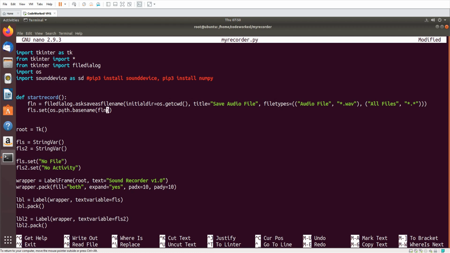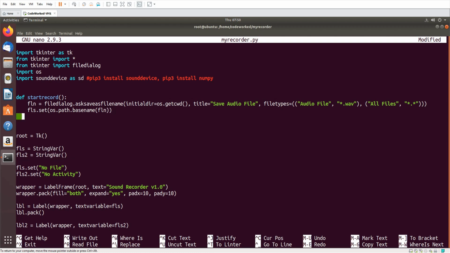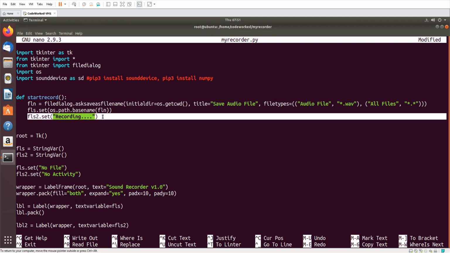So I'm using path.basename. Okay guys, now here we need to set fls2.set recording. Okay, this will be the current status.